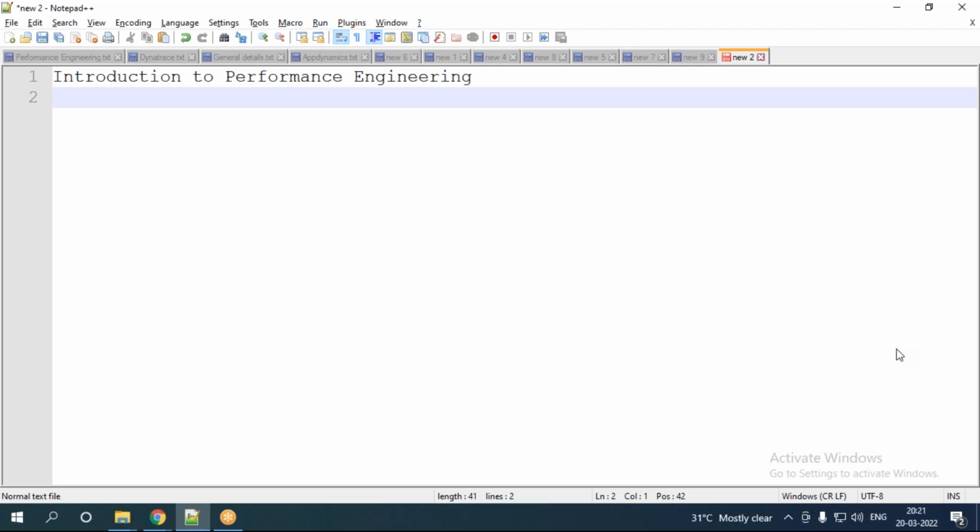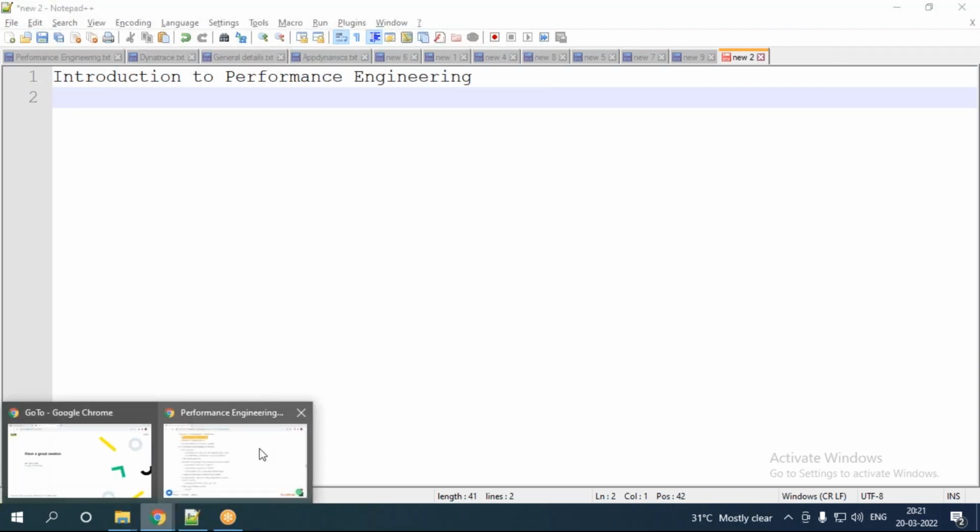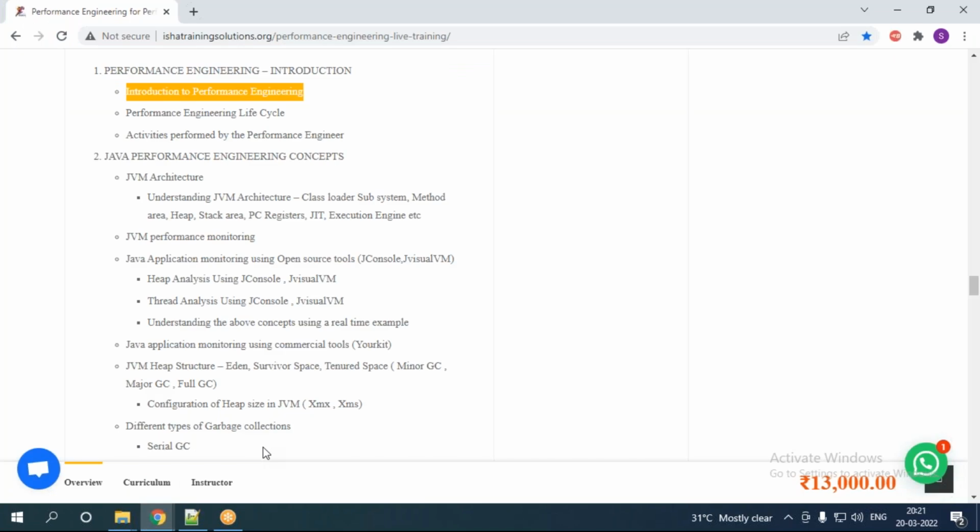It may be UI level, it may be app level, it may be anything, but the primary goal is very, very simple. You are going to do the optimization, tuning, compression, minification. Yes, our intention is very simple. You are going to optimize your application performance.